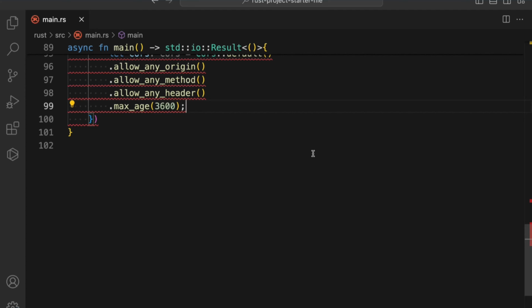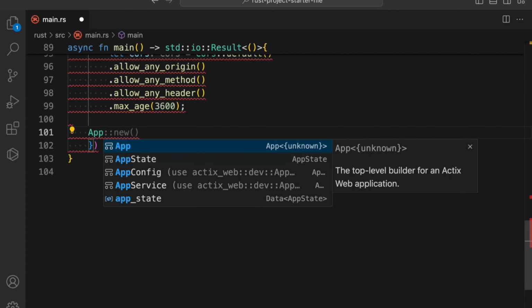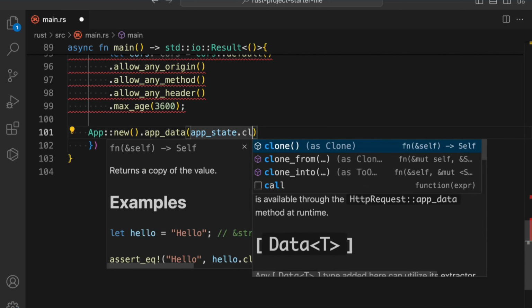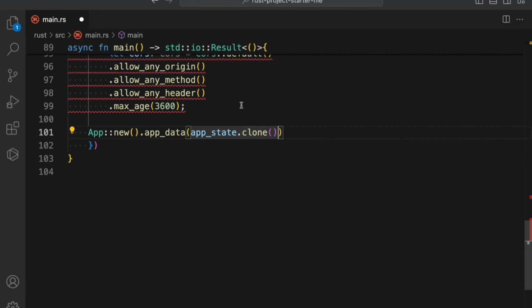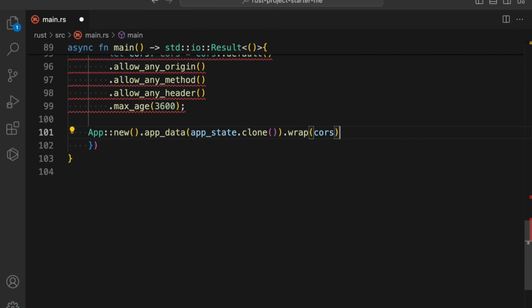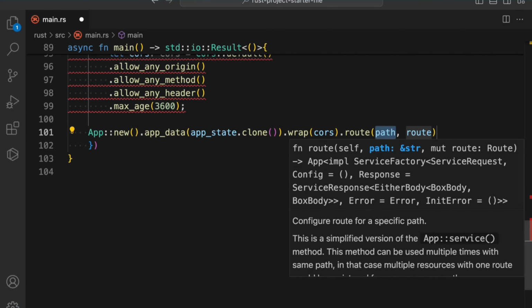Now what I'm going to do is come back here, and we have to start our app. So we'll say new app data. In that we can simply pass the app state. I'm going to call this clone. On that we can simply call this wrap cors, and we have to build the routes, that in which route our function will be accessible. So now it's time to define the route. So first thing is going to be the path. So what is the path? So I'll say todos,